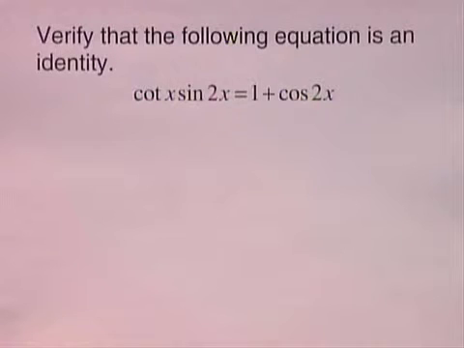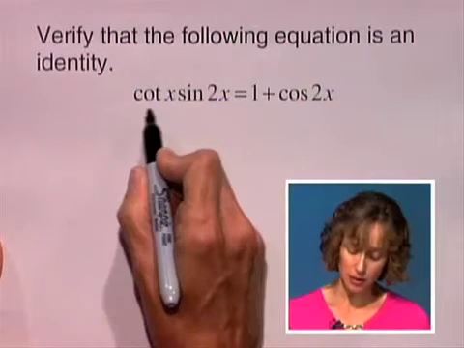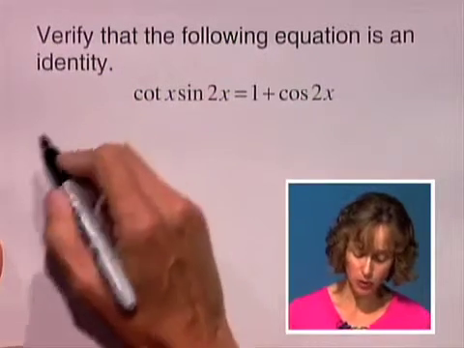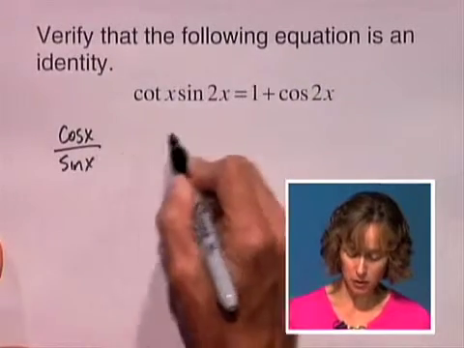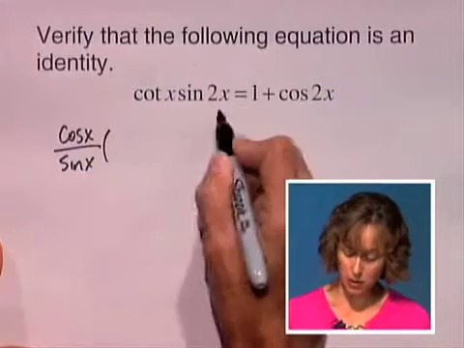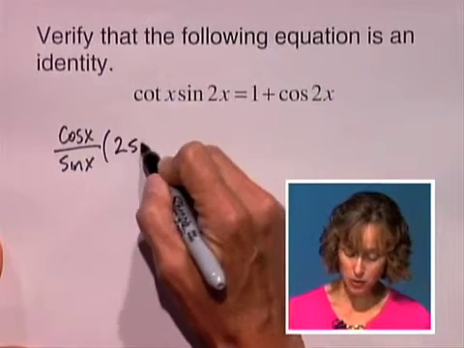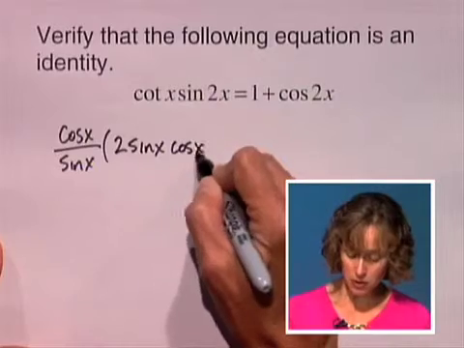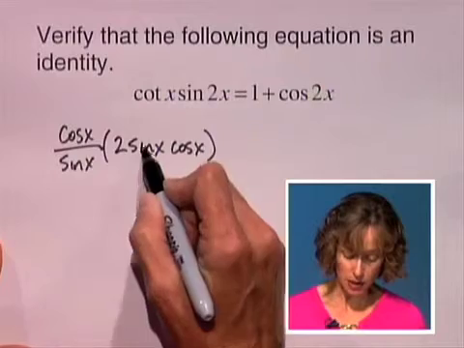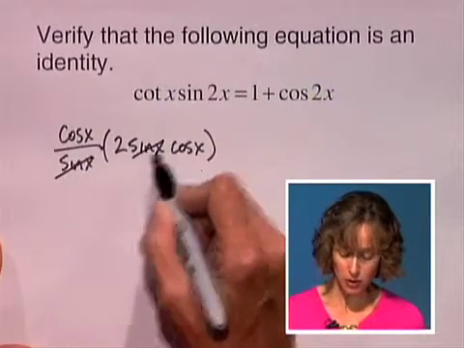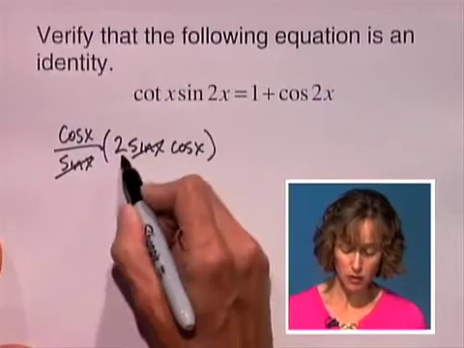Let's verify an identity. We want to verify cotangent x times sine 2x is 1 plus cosine 2x. I'm going to work on the left-hand side, and for cotangent, I'm going to put cosine x over sine x. For sine 2x, using the sine double angle identity, 2 sine x cosine x. Now this is multiplication, and I see that I have sine over sine, so I'm going to simplify those and multiply what's left to give me 2